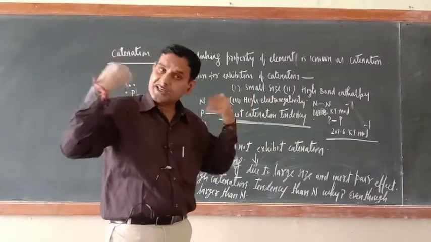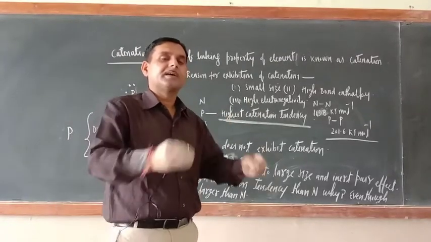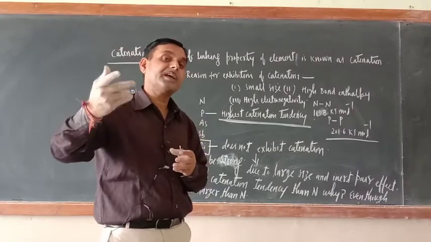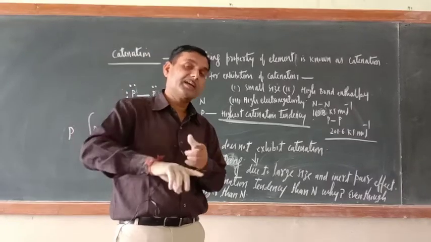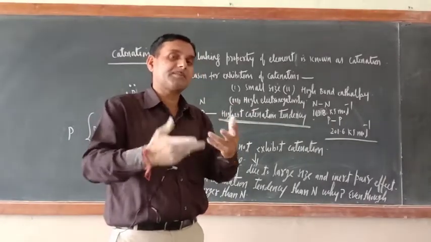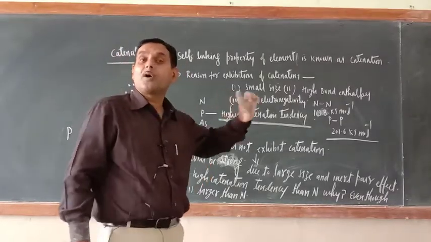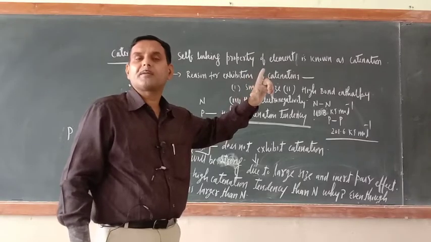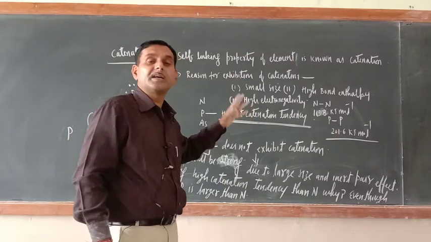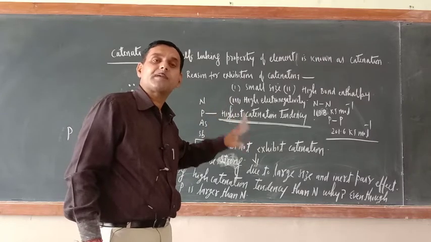Okay, let us take the example of nitrogen. Nitrogen and nitrogen, suppose self linking is there, but the bond which is formed between nitrogen and nitrogen becomes weak due to its small size. Why? If size is small, lone pair bond pair electrons will be very close, hence repulsion will be more, and the more the repulsion, weaker will be the bond, and now that bond will not sustain for a long period of time, it will be broken. That is why catenation property is shown by nitrogen, but as compared to phosphorus, their catenation property is less.